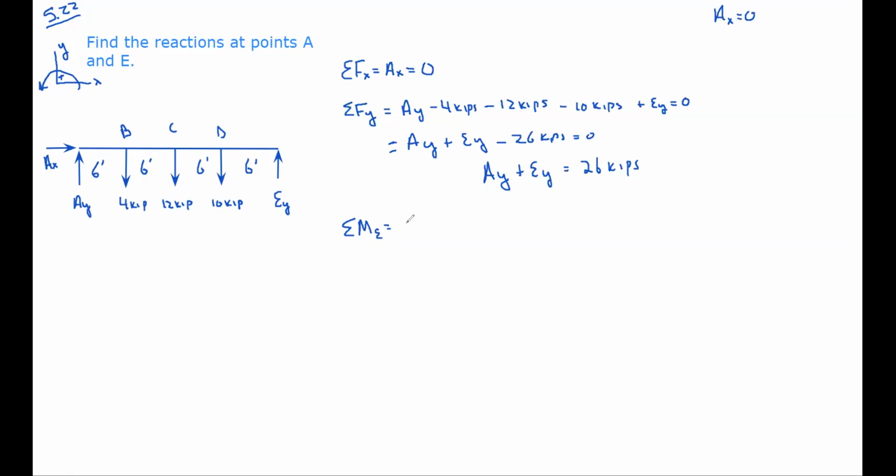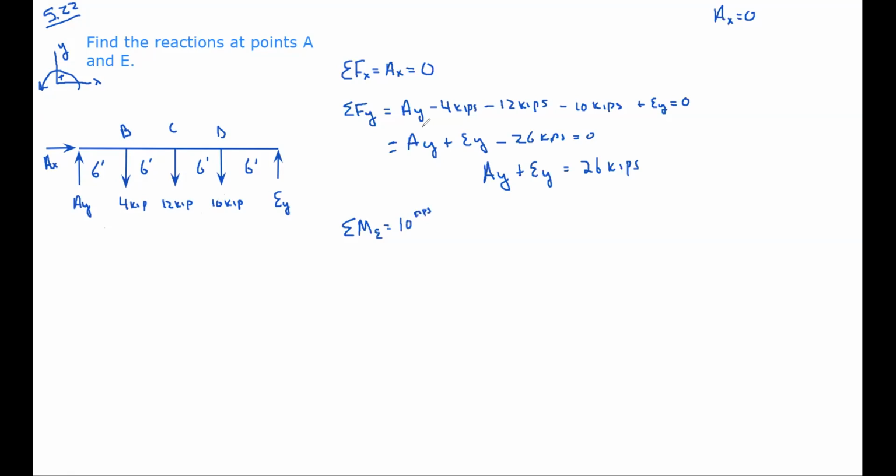All right, so moments about E. Clearly force D is a player, the force at point C is a player, the force at point B is a player, AY is a player. The reaction AX will not be a player. The perpendicular distance between where that force is being applied and the point at which we're taking a moment is 0. So in this particular problem, the only forces that are players are the vertical forces. So we've got 10 kips